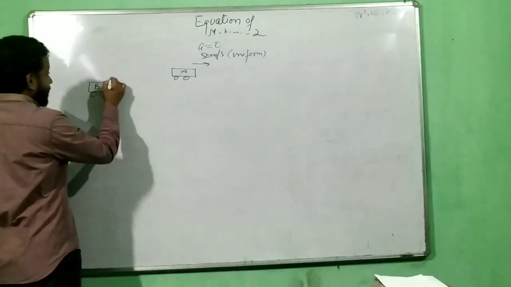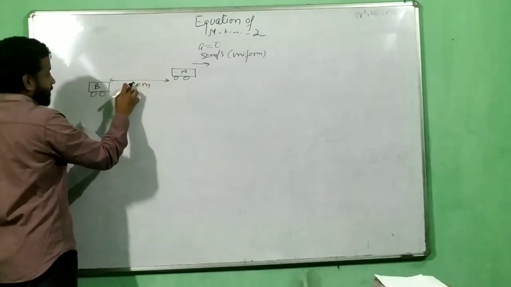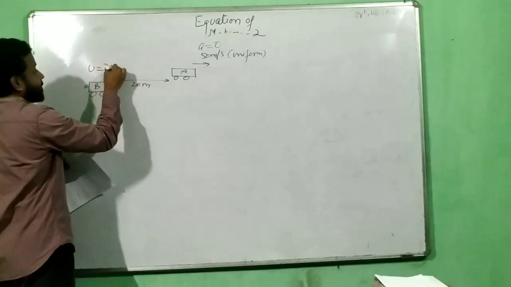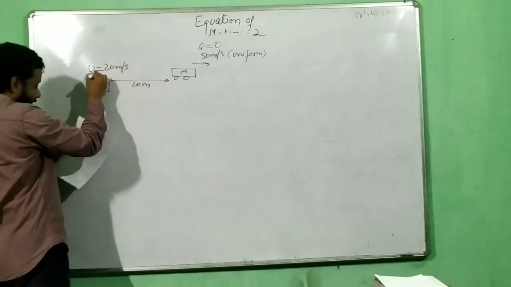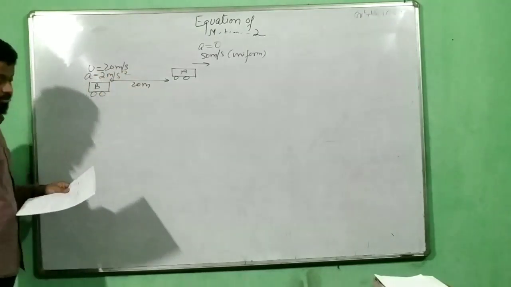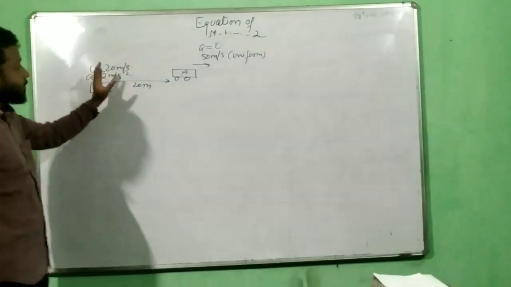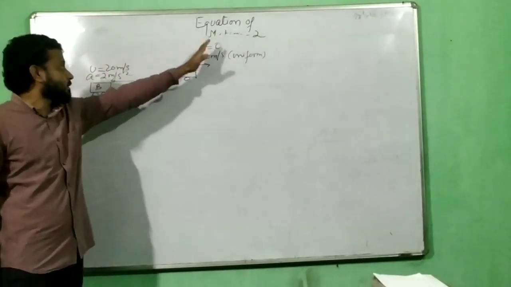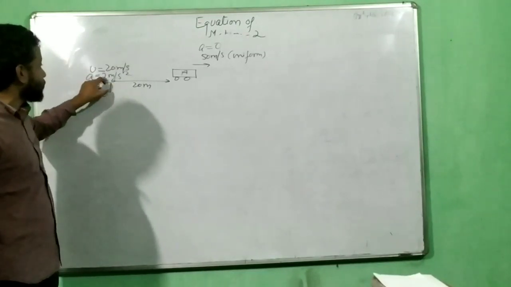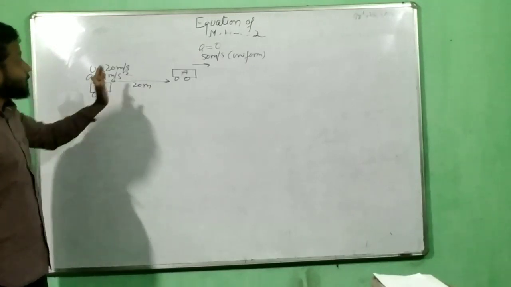And when car A is ahead of car B by 20 meters, at that instant the initial velocity of car B is 20 meters per second, and it is accelerating also at a rate of 2 meters per second square. Okay, so this is one of the instants at which car A is ahead of B. Car A has 50 meters per second, car B has 20 meters per second as velocity, and acceleration is 2 meters per second square. So the question is, after how much time will B overtake A?